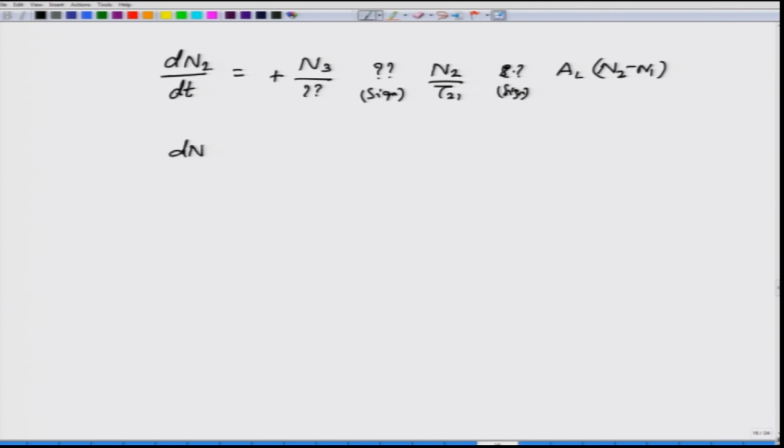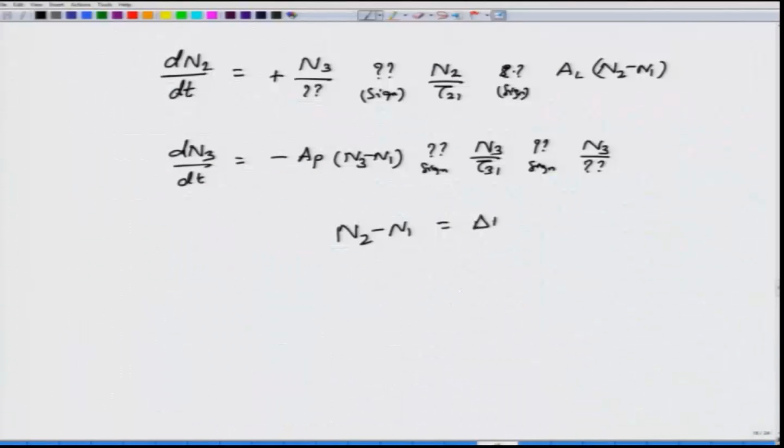And then finally, you have dN3 by dt, which I will again write down. So, minus AP times (N3 minus N1), and I will leave the sign here for you to pick. This would be N3 divided by tau 31, and I will again leave the sign for you to write down, and then N3 divided by what. Okay. So, please fill up these equations. They will allow you to understand how the population levels are changing in energy levels E1, E2 and E3.